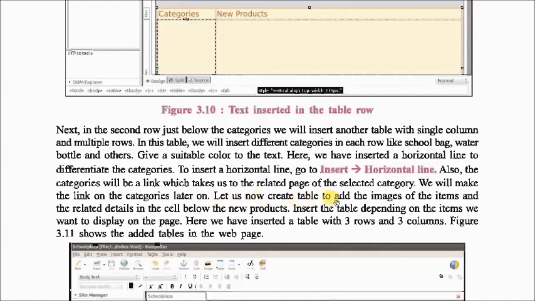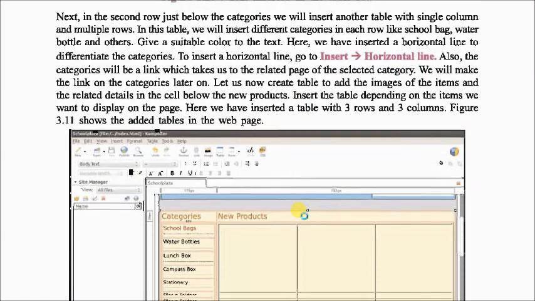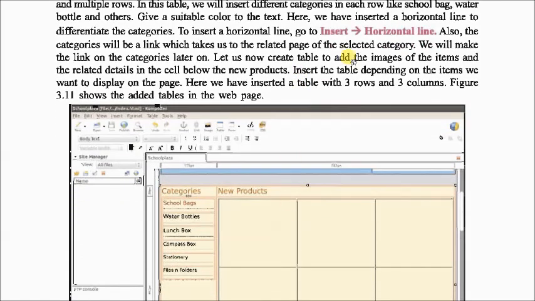Let us now create a table to add the images of the items and the related details in the cell below the new products. Insert the table designing on the items we want to display on the page. Here we have inserted a table with 3 rows and 3 columns, figure 3.11.